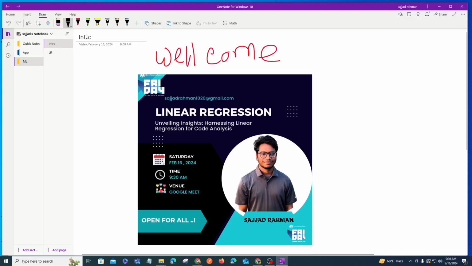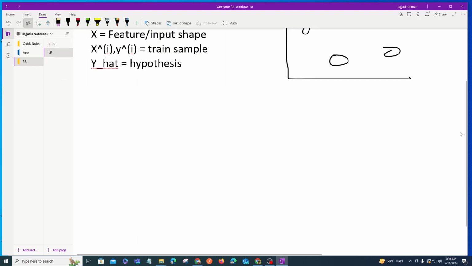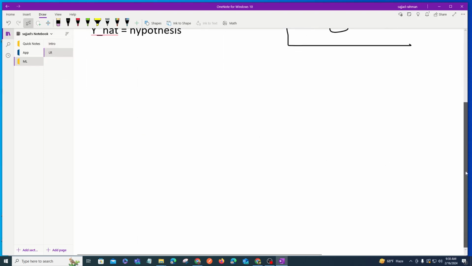Today our session is linear regression. Before we dive into the code, we have to recap the basic things of linear regression. First thing first, in the last session I talked about how in a linear regression problem we predict a continuous